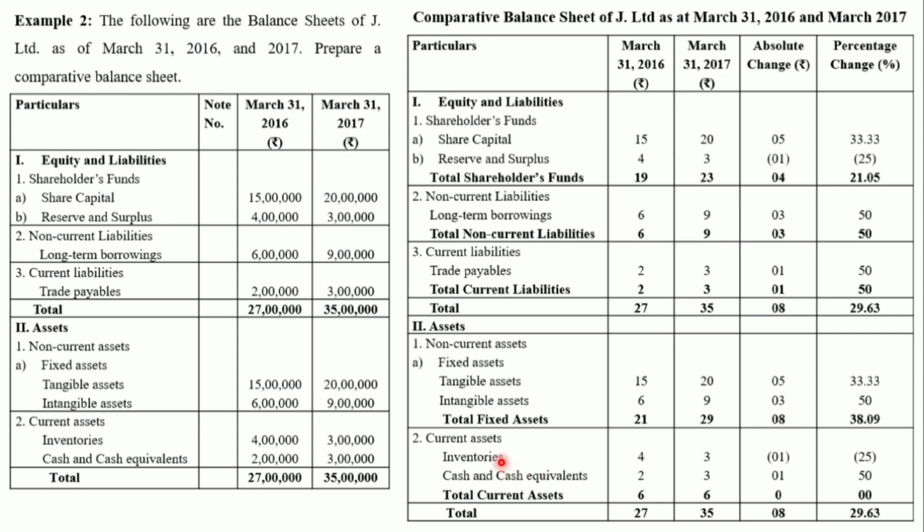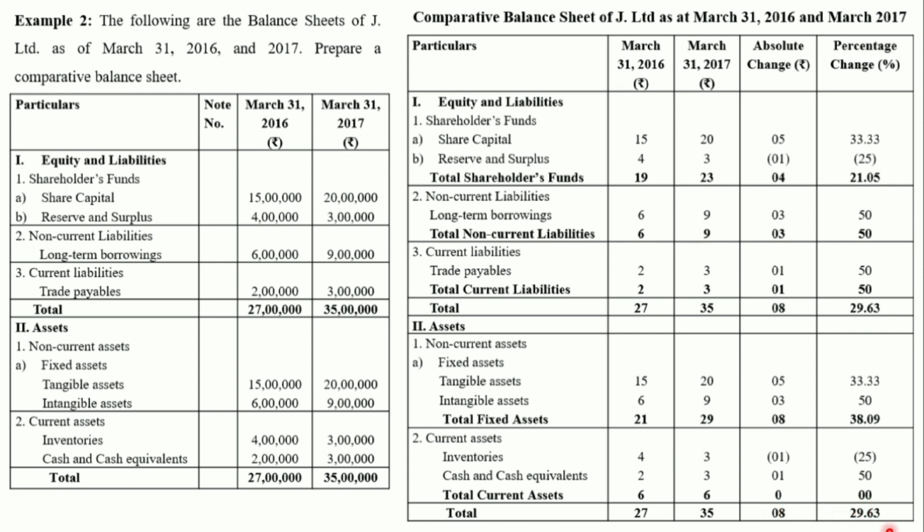Then current assets, inventory and cash equivalents. Inventory 4 and 3, which means there is a decrease in inventory by 1 lakh rupees. In percentage form, 25% decrease in inventory. Cash and cash equivalents increased by 1 lakh rupees, and in percentage form 50%. Total current assets: you can see here total current assets 6 and 6, which means there is no change in total current assets. 0% change in total current assets, and total is 27 and 35, 8 lakh rupees increase in total assets, and in percentage form